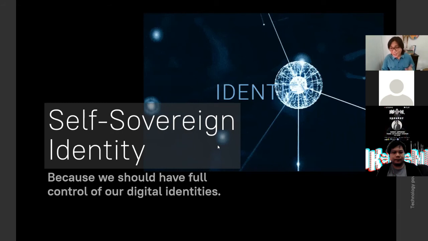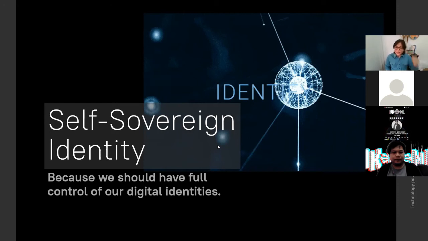And this is what self-sovereign identity is trying to solve. So the world of Web3 uses the decentralized identity to take back control and give it to the people, and basically enable us to create our own blockchain-based identities. How this works is that you have three actors in SSI.